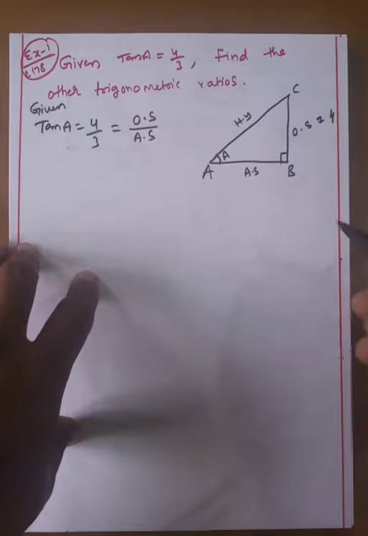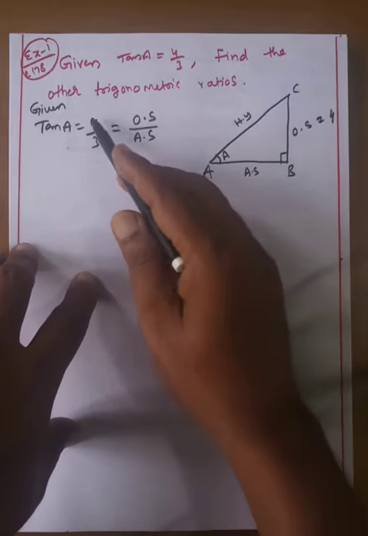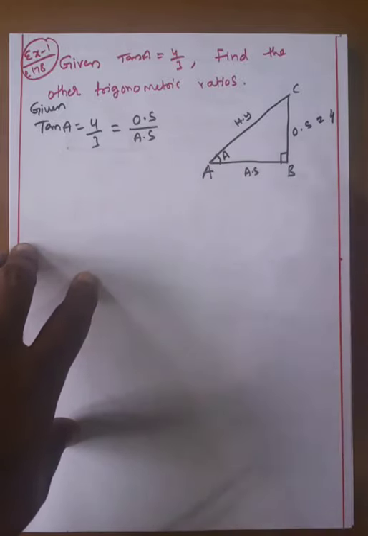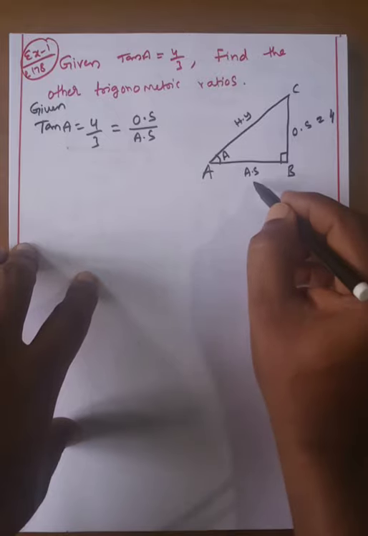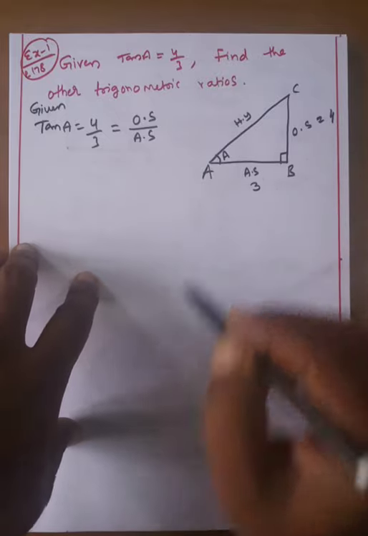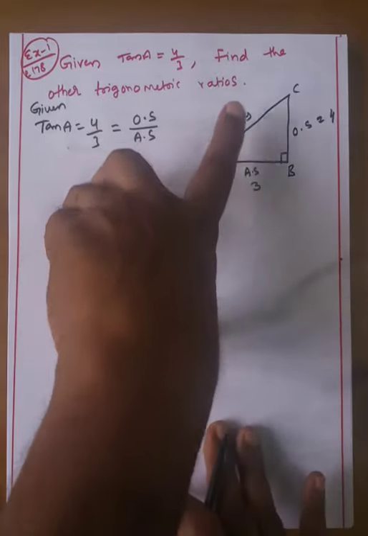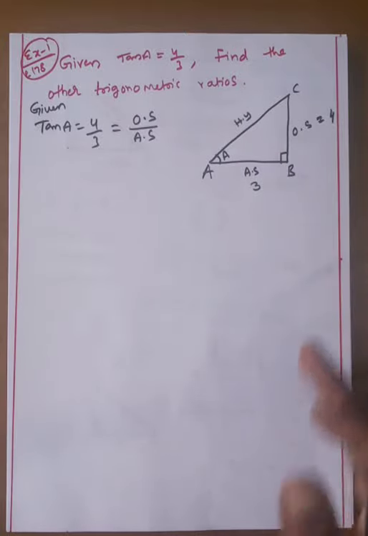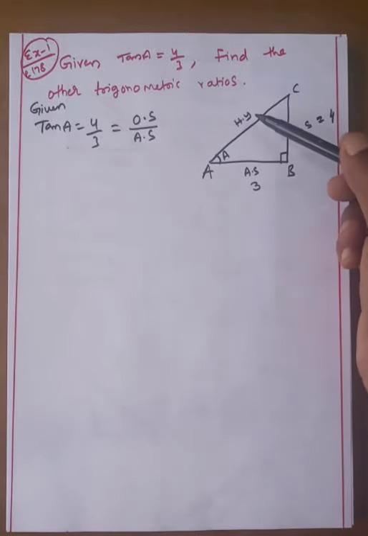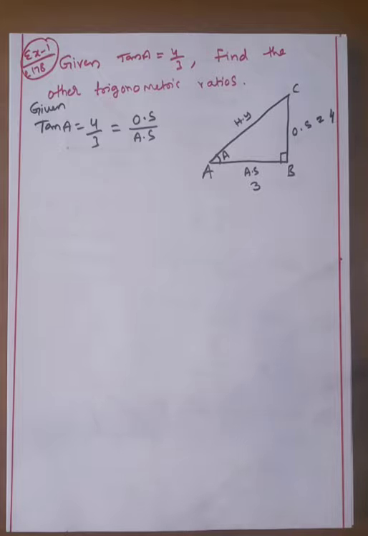Now the ratio could be 16 by 9 also, whatever it may be. We will take 4. Adjacent is 3. Again we take the ratio, it is always equal. First of all 4k and 3k, this is in terms of k, and again cancellation is going on. No problem. This is 4, this is 3.